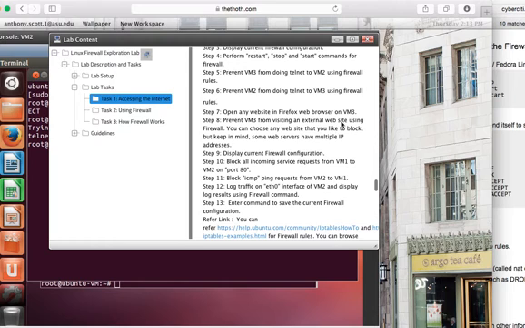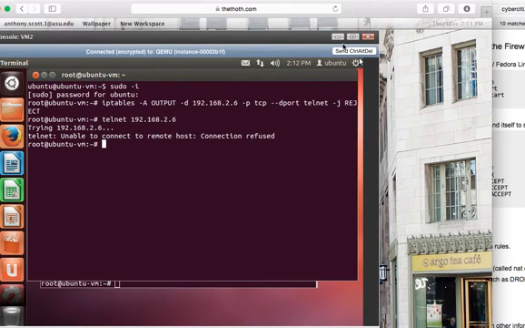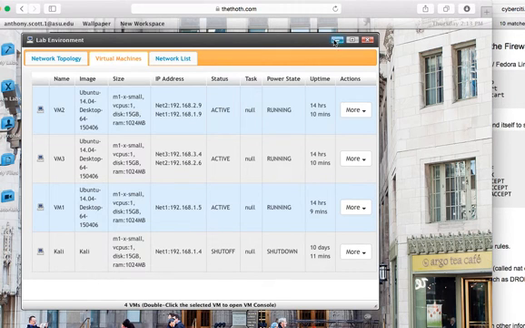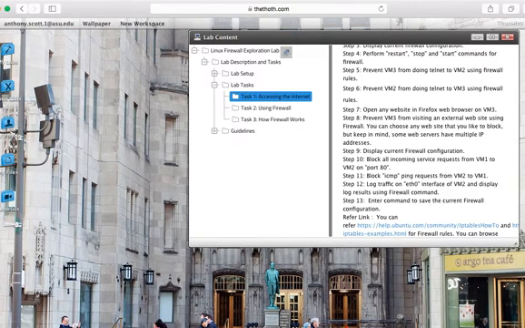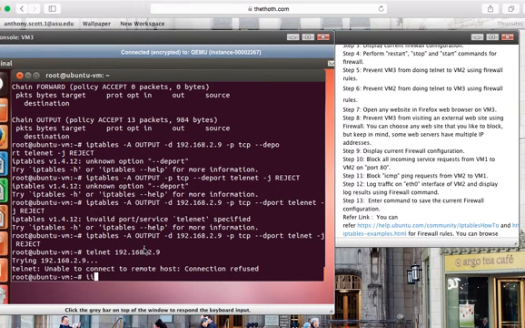So let's move on to the next part of this. I want to prevent VM3 from visiting external websites using a firewall, and I could choose any website that you would like to block, but I have to keep in mind that some web servers have multiple IP addresses. So let me close that and bring back up my VM3. The first thing I need to do is a lookup for an IP address. So how I will do that, I will type in